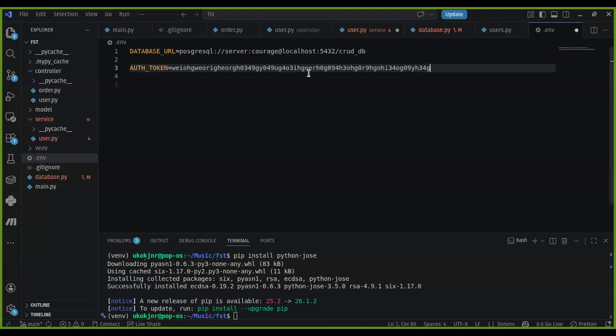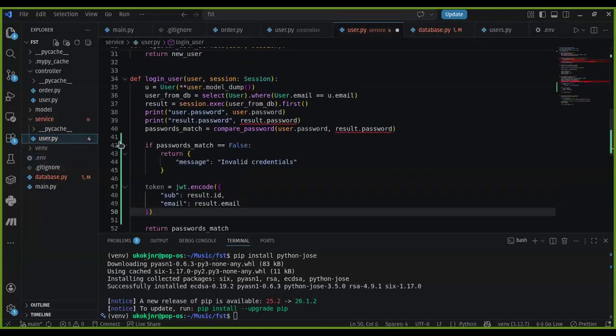Nobody can actually guess this thing in the world. Nobody can guess it and get it right. How will they even start? So we know that it's auth token we are looking for. So in this user's part, we'll then come and say